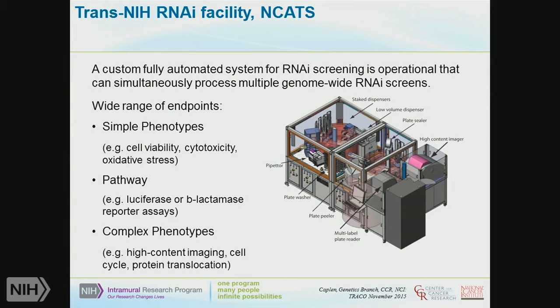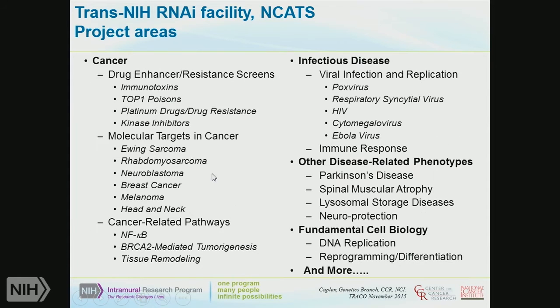To do this, you need some really fancy equipment. It's a full robotic system. You have lots of different tools that are required for this because everything now has to be very disciplined and very, very well controlled. We're very fortunate that we can now do very complex phenotypes. A lot of high content imaging is now used, and a lot of people are doing very sophisticated assays in this system, much more sophisticated than I've just described.